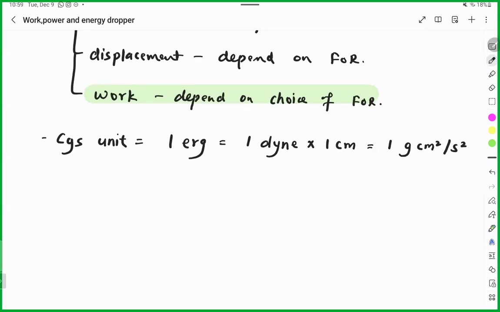Again, how do we convert it into other forms? Because they might ask you 1 erg in the form of this, or 1 joule in the form of kg meter square per second square. Correct? So if you convert 1 joule, it will be equal to